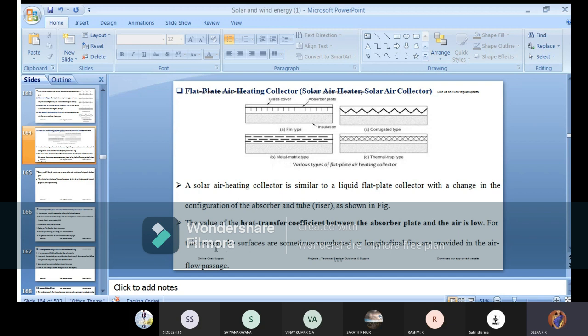And they're saying that for this reason, the surfaces are sometimes rugged and longitudinal fins are provided in the airflow passage. So this is called a fin, right? This passage will be present between your absorber plate and the insulating material. Okay. So next,